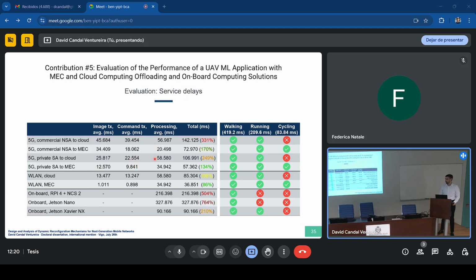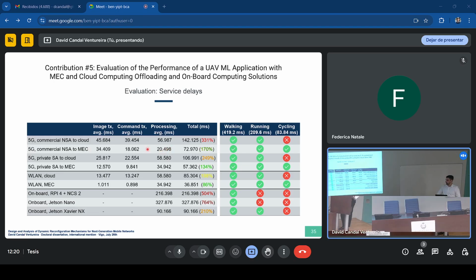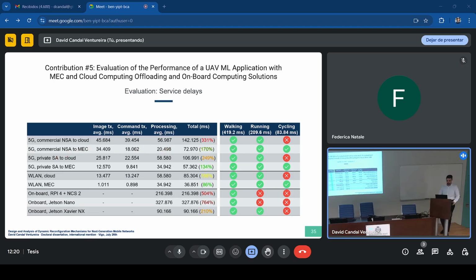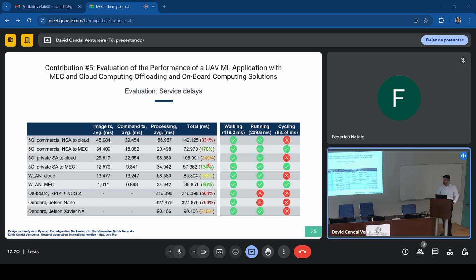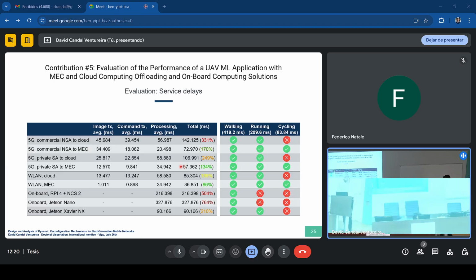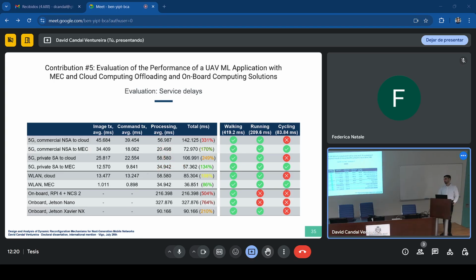But instead of using the computing delay delivered by this setup, we used the delay of the setup that showed the lowest computing delay. And as shown here, in our setup, the private network with edge computing, we could even reduce the delays by 30% if our edge platform performed as well as the edge platform from Orange, which is, I think, a significant